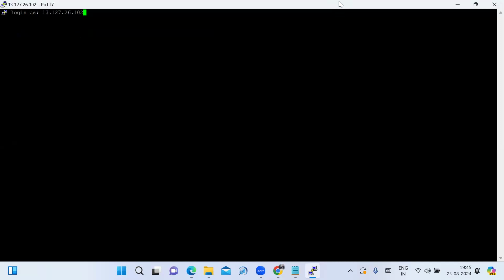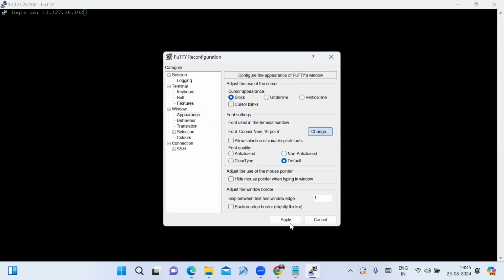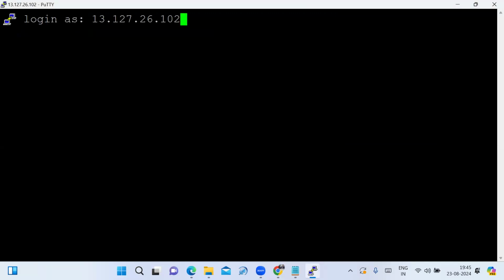Just wait. I'm changing the appearance so that the visibility has more clarity and you can see clearly. I'm setting the size to 22. Apply. See, login as